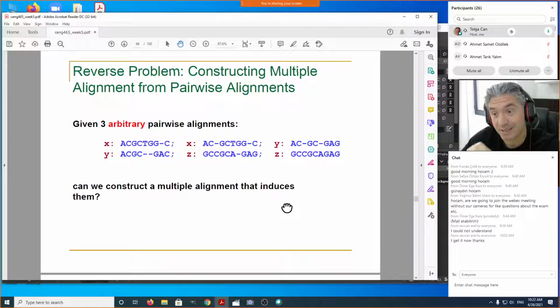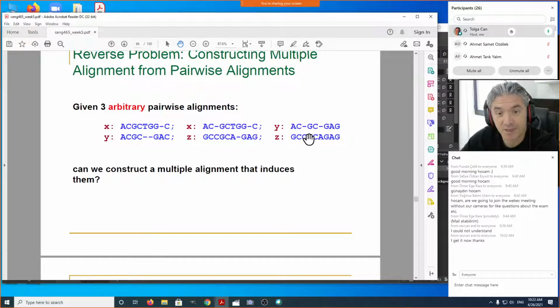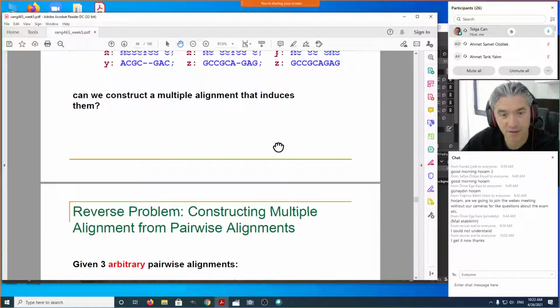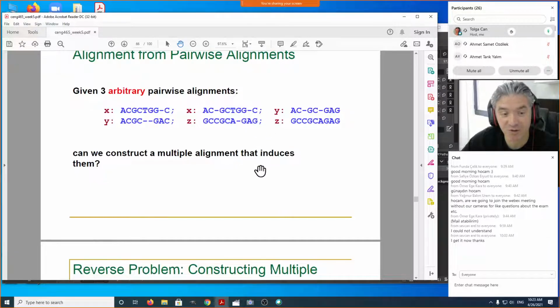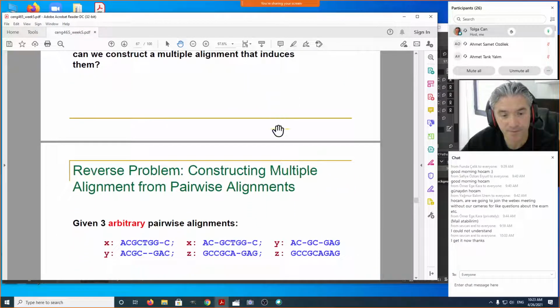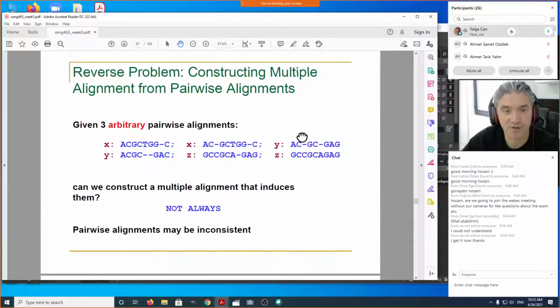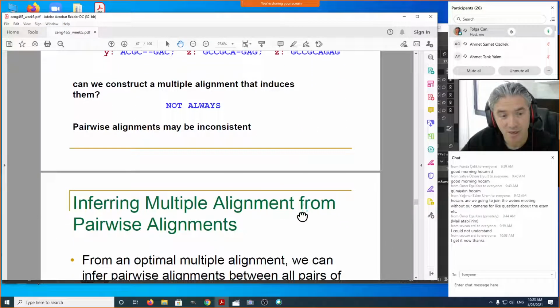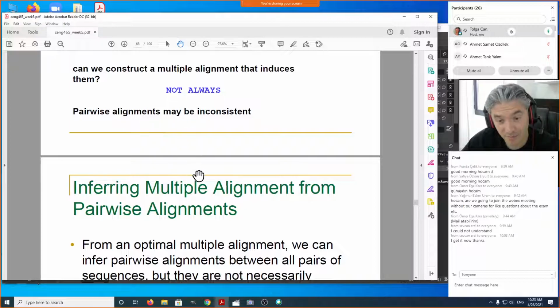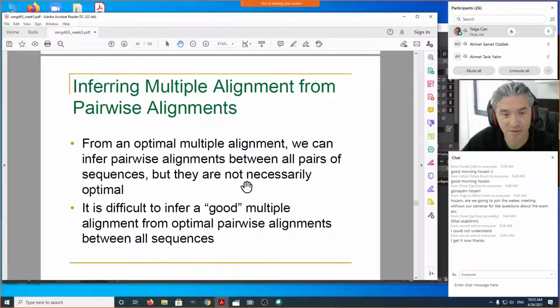There are some conflicting cases where pairwise alignments cannot be combined into a consistent alignment, which means one that is sequence order specific and also maintains the sequence order in individual sequences. So all these heuristics we are going to see, as I said, are going to start from these pairwise alignments, and sometimes pairwise alignments may not be consistent. We had an example about that.